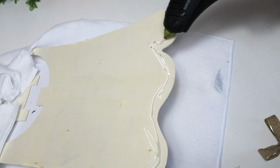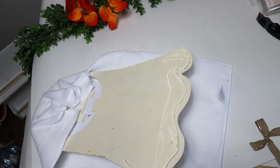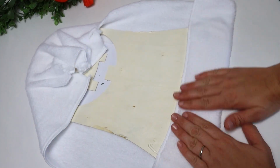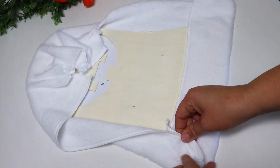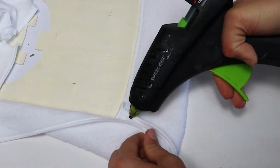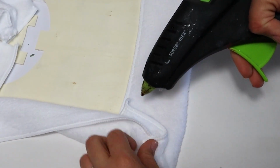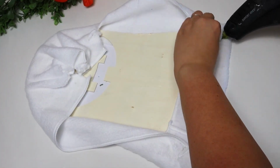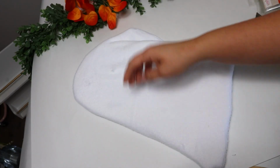So you do want to glue the hot glue down on the top and the bottom, but you don't want to glue it too tight down on the sides because you do want this to look like it's holding a pumpkin or something with its hands, and you don't want it to be too tight that you can't pull the fabric on the sides. So go ahead, flip this back over,